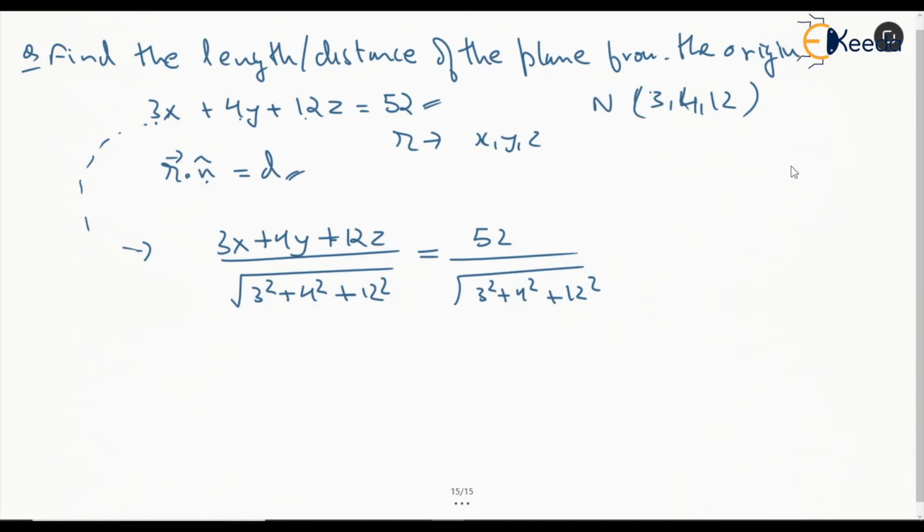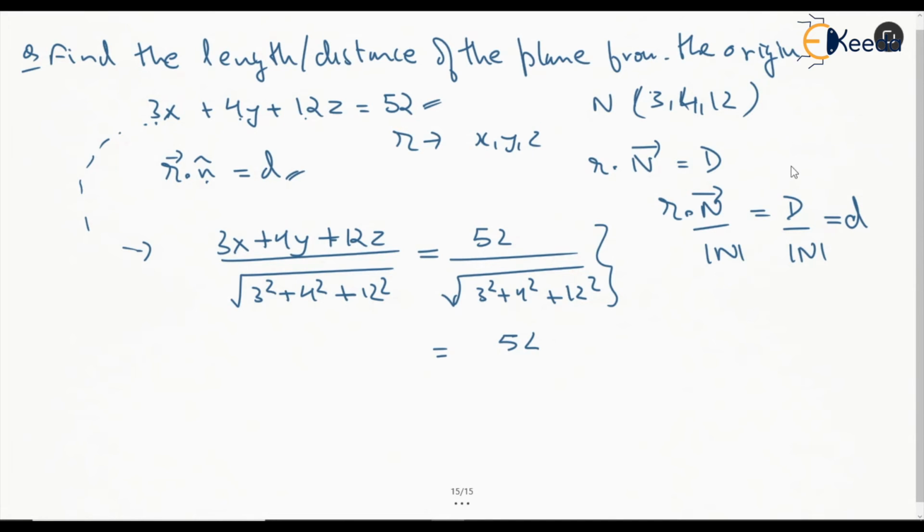So in that case, if the equation is given as r dot n equal to d, this can be transformed into standard form as r dot n by mod of n equal to d by mod of n, and this is nothing but the distance of the plane from the origin, right? So this value is that d, and this is going to be